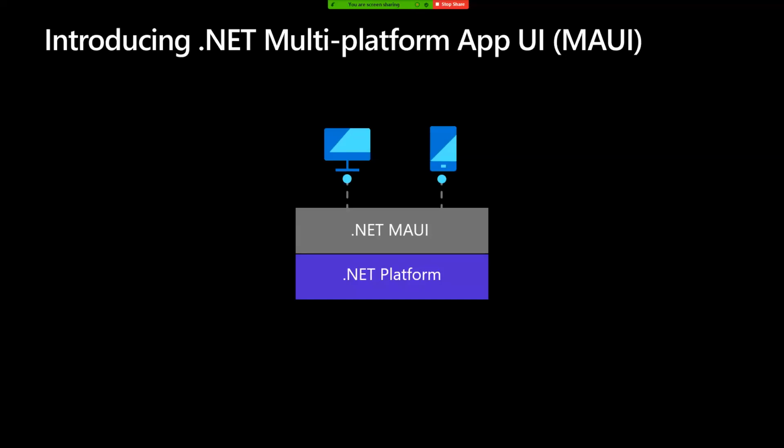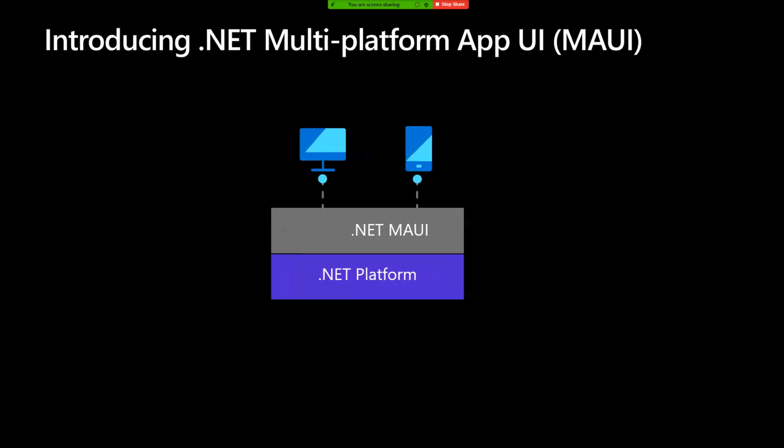You're going to get that great performance on any device. It'll allow you to build these apps for any device from a single code base, a single project system, and it'll include desktop and mobile operating systems like Windows, macOS, iOS, and Android. So it's the evolution of Xamarin. It's the evolution of Xamarin.Forms. It's going to be part of .NET in the .NET 6 timeframe.